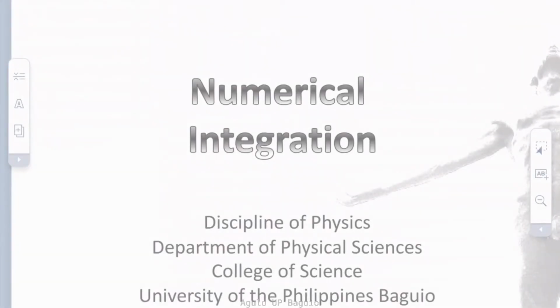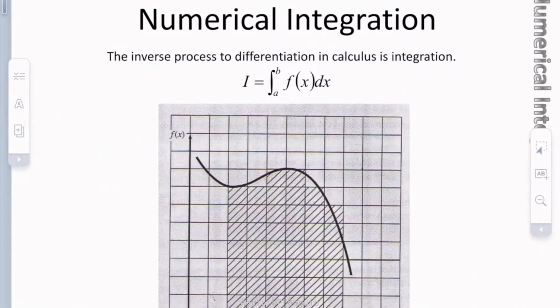Let's now take a look at the different techniques of integrating a function numerically. In your math classes, you've learned that in order to integrate a function, you first divide that function into intervals, as shown. The function at each interval is represented by a rectangle of a specific height and width. Integration is simply taking the area under the curve, which in this case is the sum of the area of